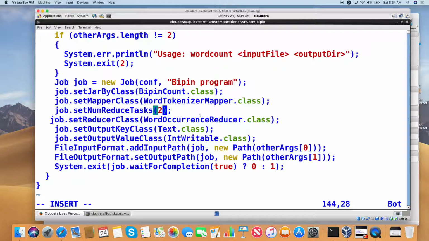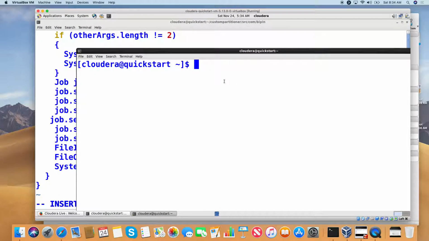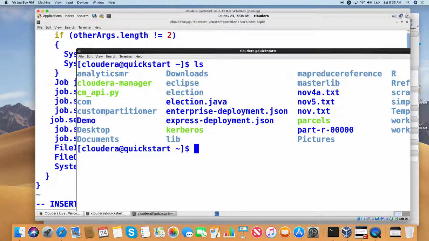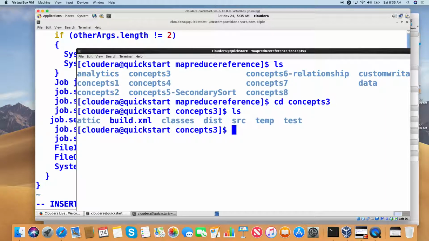Now we have to stitch in the partitioner. So let me do one thing. I am opening another window. Okay, please look. This is a second window, and I am going to go to the MapReduce reference that I have given you. Why? Because every code, as I mentioned to you, is a golden copy. And you will see so many directories there. Inside that, let me check concept 3, and then let me check